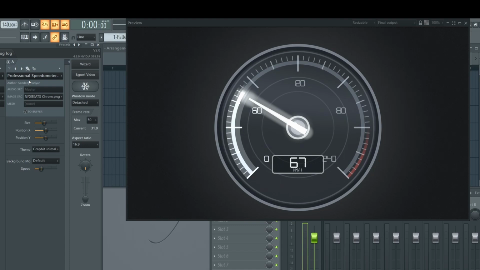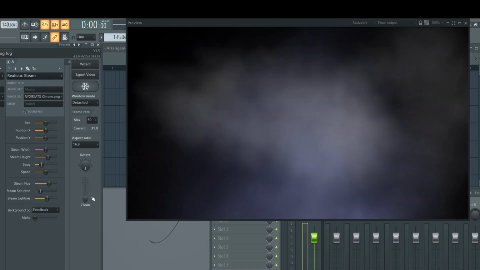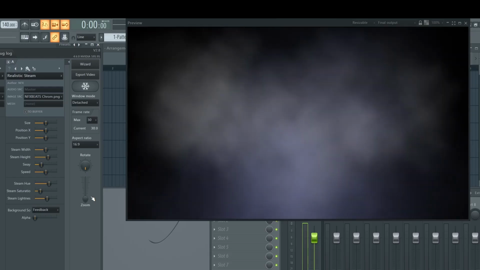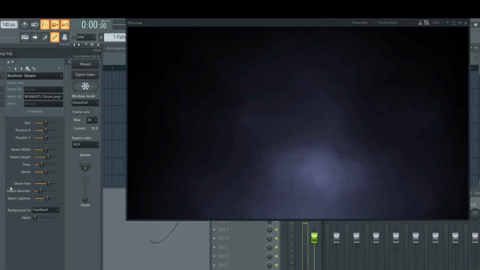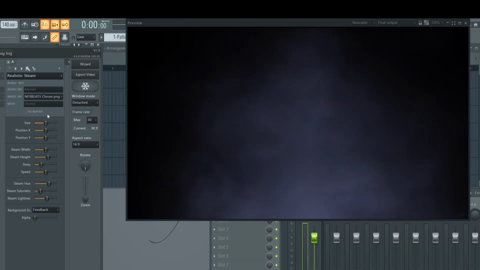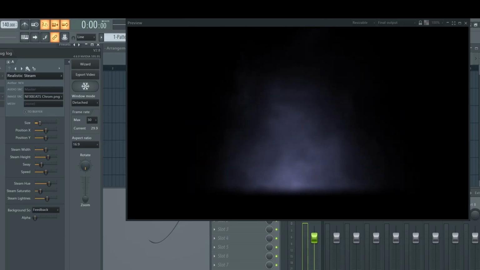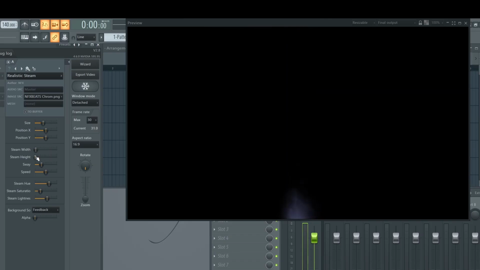It's a speedometer. This next one is called Realistic Steam, and it's basically trying to be what the name of it is, realistic steam. Let me turn off the fog machine so you can see this is the effect. You have control over the effect, such as the size of it, the width of the steam column, the height of the steam. You could give it some sway and some speed. And this might be used, for example,